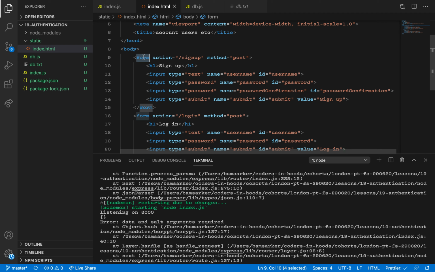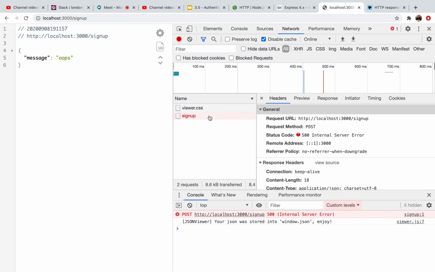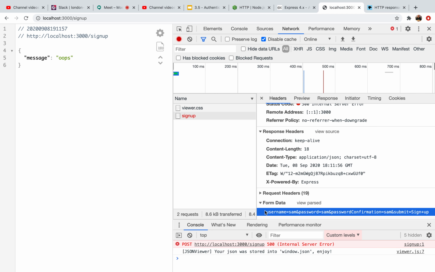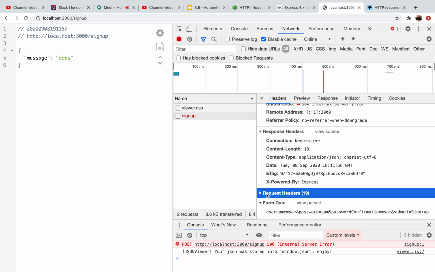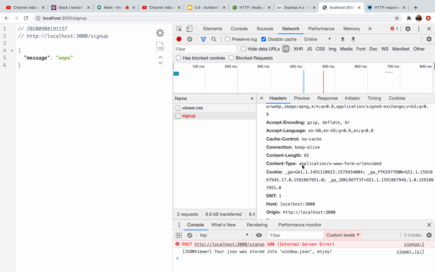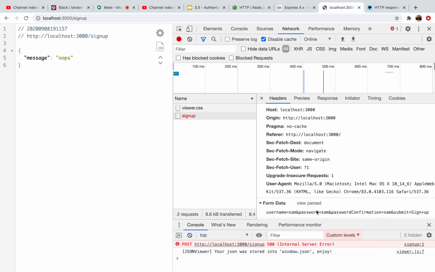Okay, so if we look at the request, it looks nice. It looks like key value pairs. It looks like an object. But if we view source, it's actually a string of query parameters. The request headers: content type, application form URL encoded. So we want to send this as JSON, which is